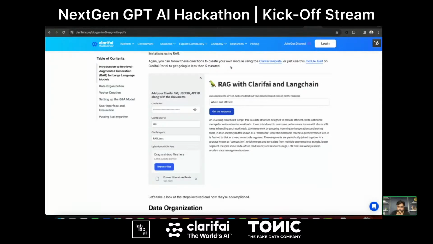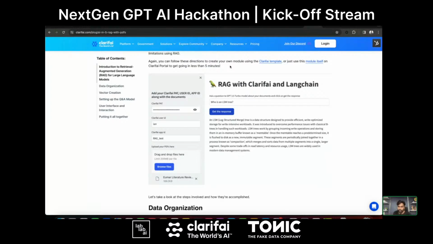You might have heard about RAG. Even the Tonic AI team have shown you RAG and how you can validate RAG applications with them. But you can create the entire retrieval augmented generation application using Clarifai. This is something most LLMs fail at. Any LLM doesn't have knowledge of current data, and if you want to ask questions on your own data, it's not possible. That's where RAG comes into place, where you can provide your own data, provide your files, and chat with the LLM.